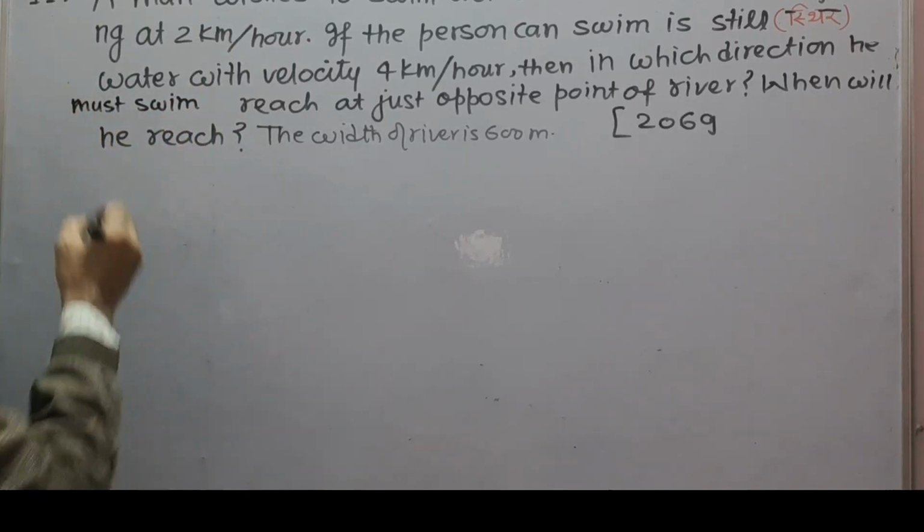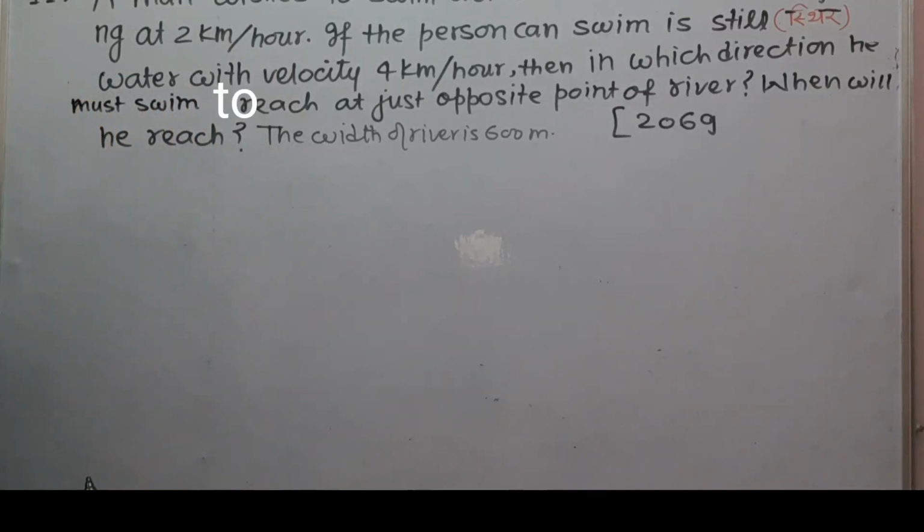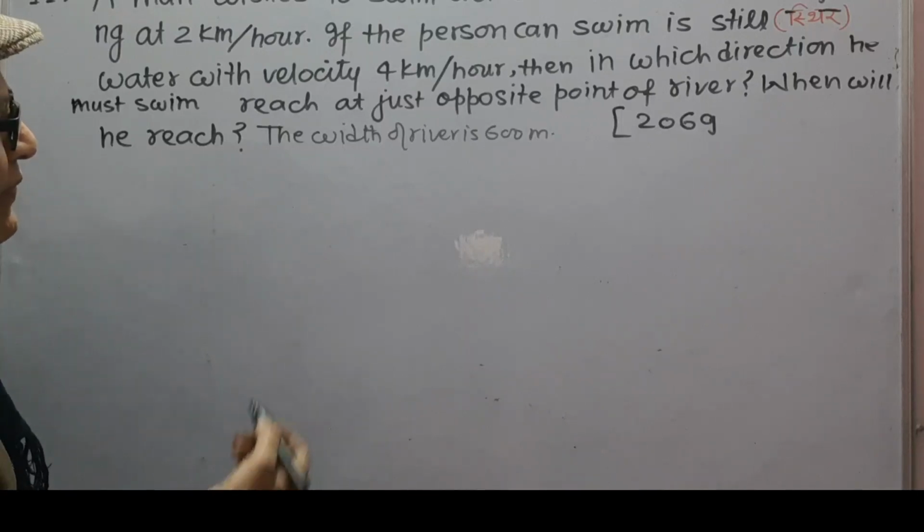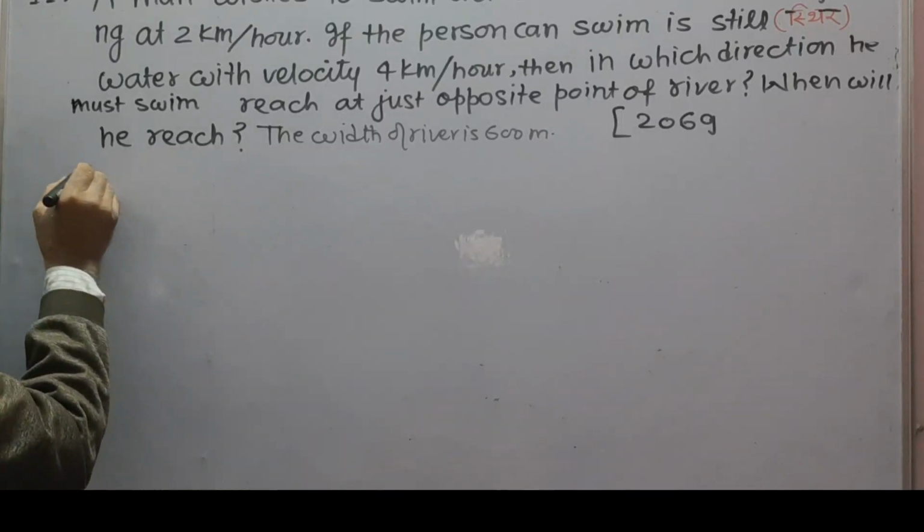Then in which direction he must swim to reach just opposite point of river. When will he reach? The width of river is 600 meter. Solution